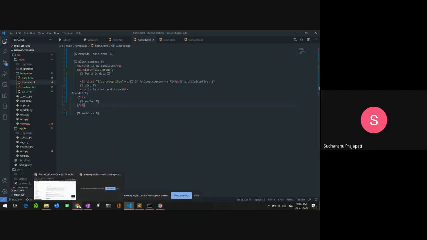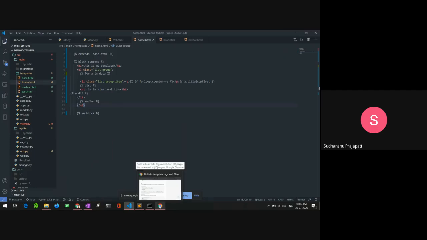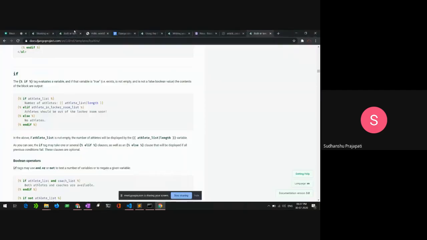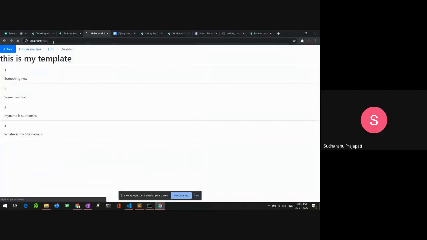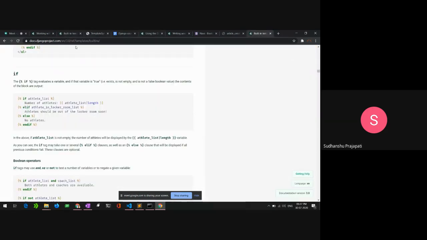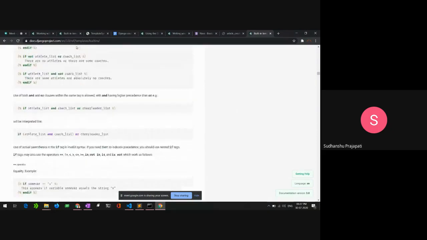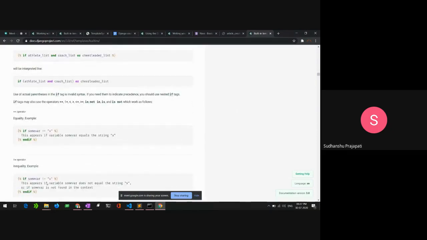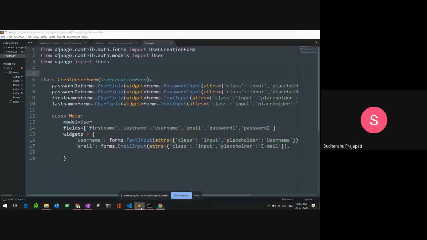I'm just illustrating. Don't worry about the syntax of the list and all this. Just understand the concept. It could not parse the remainder, so the simple syntax here is forloop.counter. It should be something like this. Let's see what is wrong.